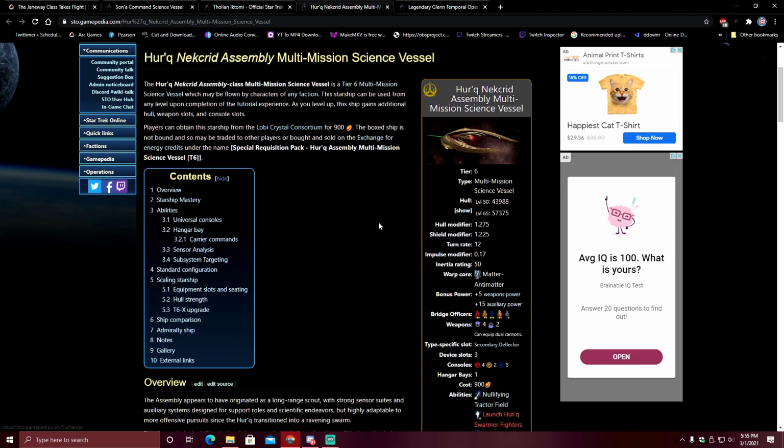It's what I would say is probably the most similar to the Voyager J, except for the fact... See, another thing is, the hull modifier is also higher than the shield modifier. But except for the fact it doesn't have the Miracle Worker seat. However, that's not necessarily